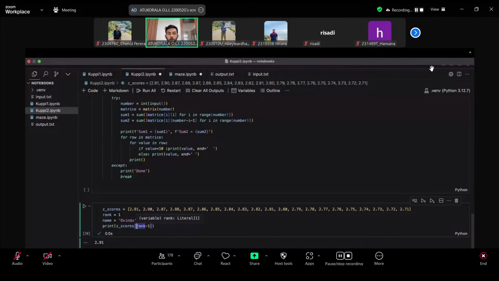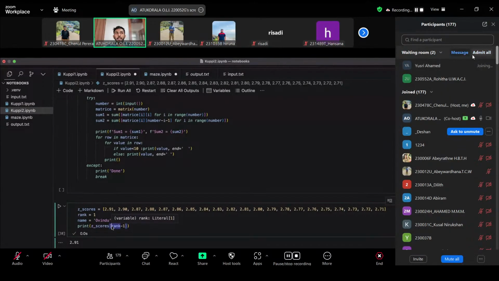So then you're going to have a bit of an issue because you don't know my island rank. So how are you going to find my Z score? Because you can't access elements in a list with anything other than the index, right? There's no other way. So this is where dictionaries really come in. So you can set a key and a value pair.